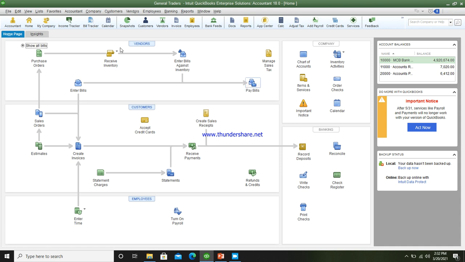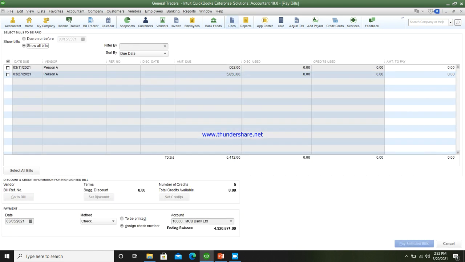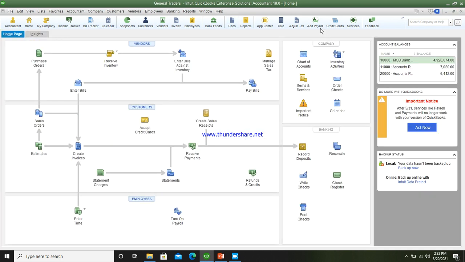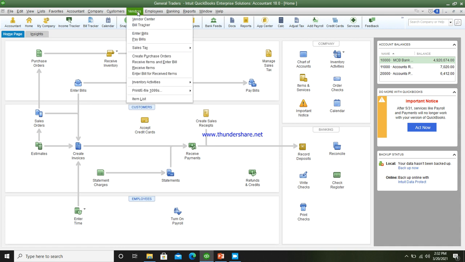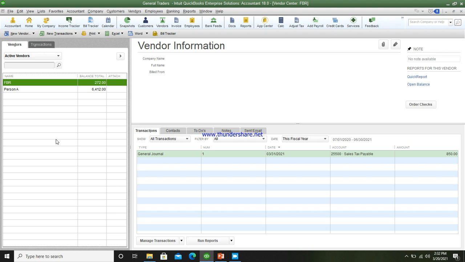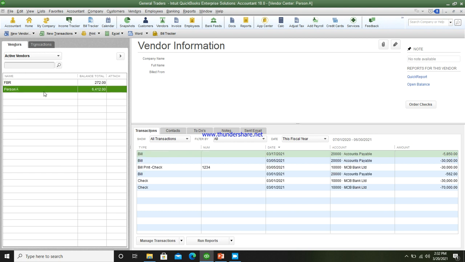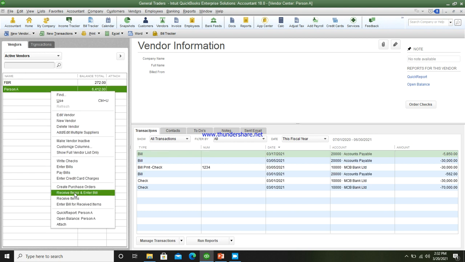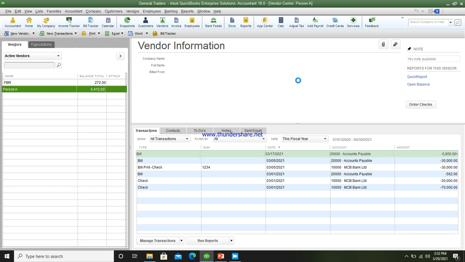So let's go to bill, pay bills, or you can also go to vendor tab, vendor center. Here this is, and select the transaction of vendor A and make a quick report.